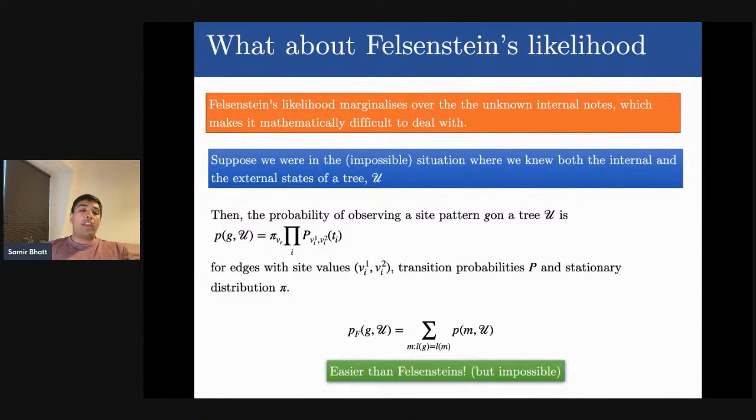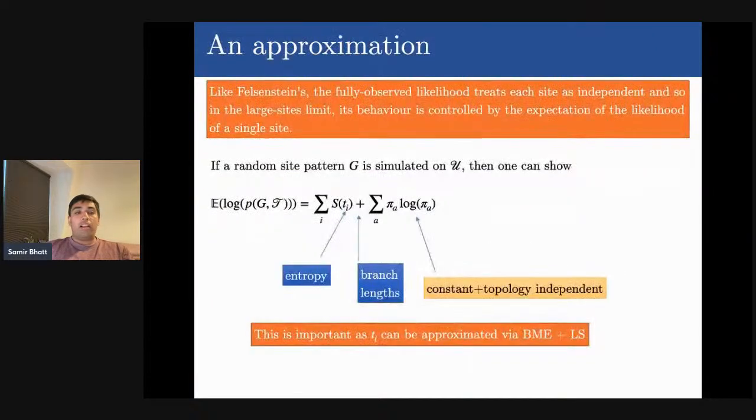Now, when you do that, we end up with the likelihood that's, of course, easier than Felsenstein's to work with because we don't have to deal with marginalization. And then after quite a lot of derivations, we end up with this sort of entropy-type likelihood, where the behavior is controlled by the likelihood of a single site. It was quite astounding for us to see this because the approximation is, if we just look at the